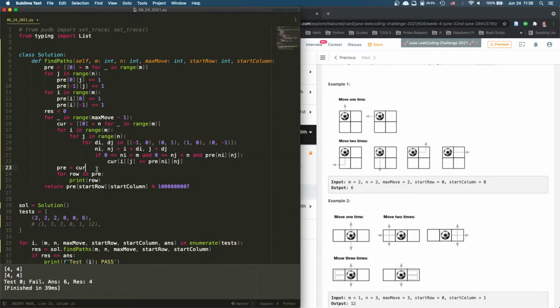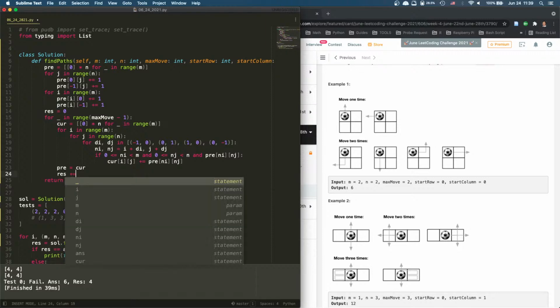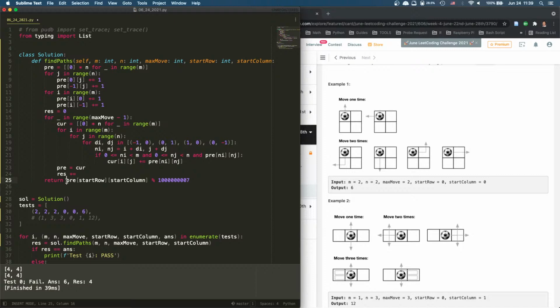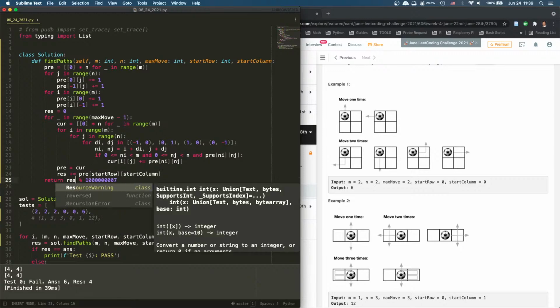Which means after this, pre equals current, going back up, what we're going to do is res plus equal to this thing. And then when we return res,